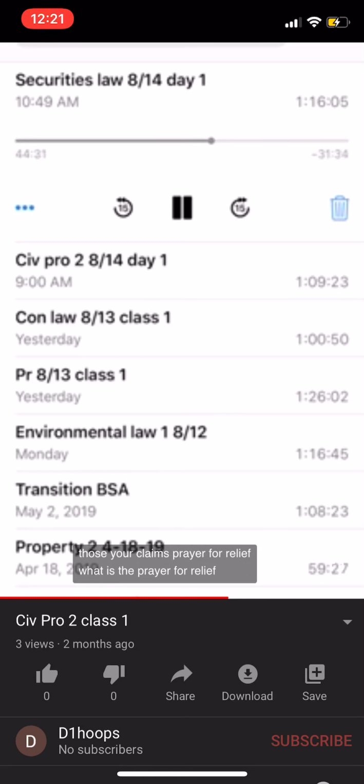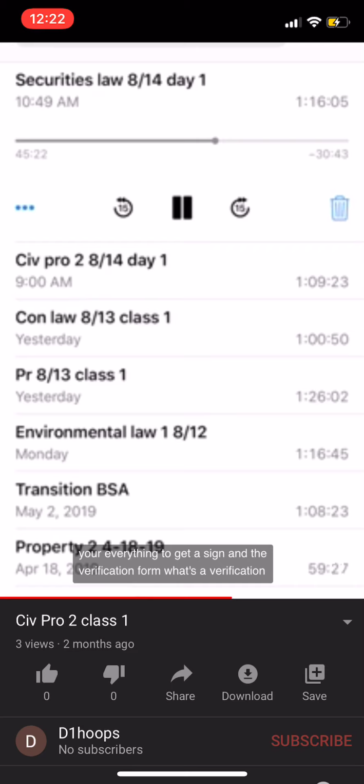Prayer for relief, what is a prayer for relief? What you're asking for. Court, make the defendant do this. Give me money, make the defendant stop doing the thing. Right? Give me a jury trial. That's your jury demand. Signature block, important. You leave that off, it's a violation of Rule 11. Did you guys cover any Rule 11 last semester? Anybody? Good. You can get most of that in your ethics class. But that's a big part of Rule 11 too. You've got to sign all your stuff. All your motions, all your pleadings, everything, you have to sign.